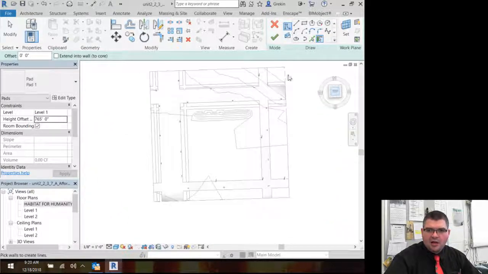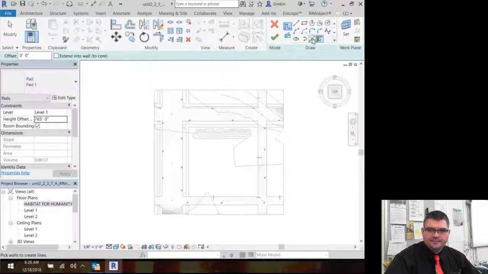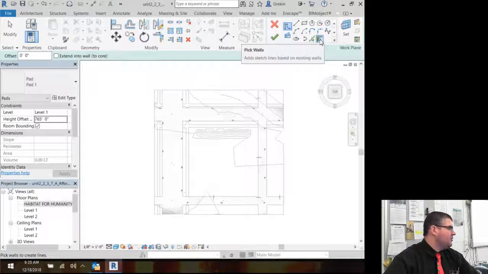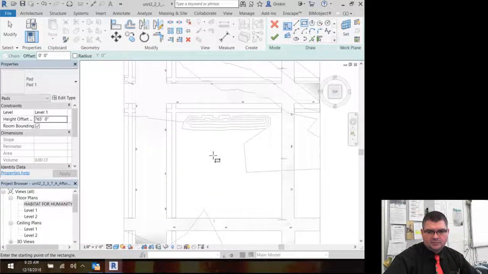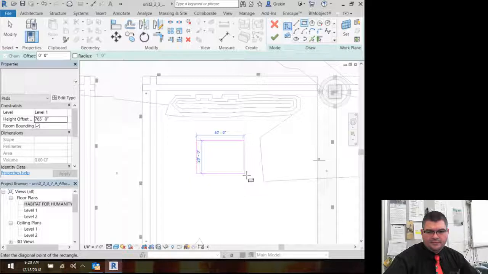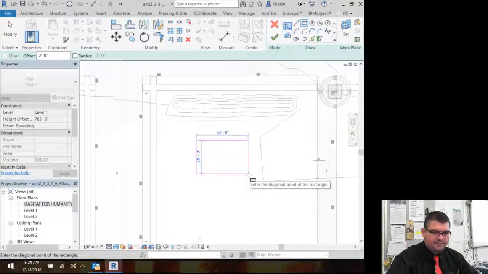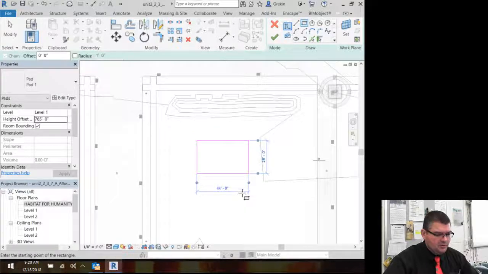How do I want to make it? My draw panel is up here. I draw it the same way I draw anything else. So I don't have any walls to pick to make it. So I can't pick walls. This is assuming that your house has already been put in here. We're doing it the other way around. We're going to do a rectangle. And I'm going to click. And I'm going to type. Okay, I can't type yet. Let's click first, and then we'll